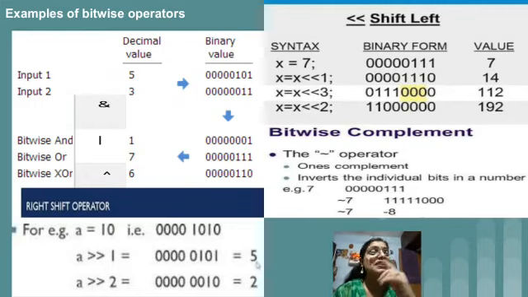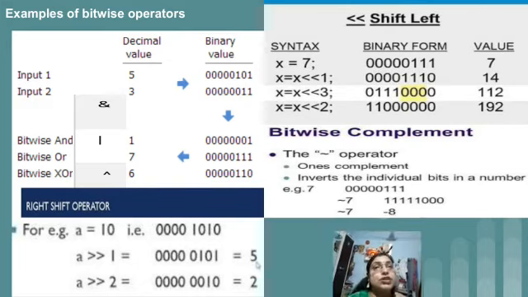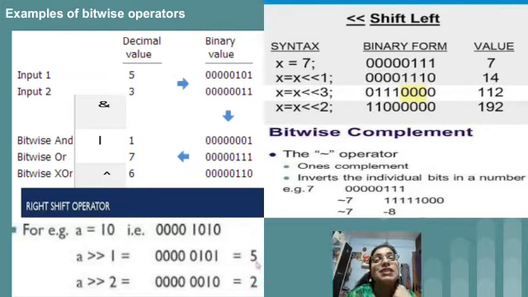So 1 means it is shifting the value by 1 bit. After that we again have a right shift, and this time we have 2. The answer is 2. Why is it 2?